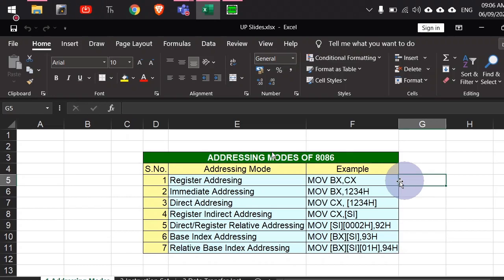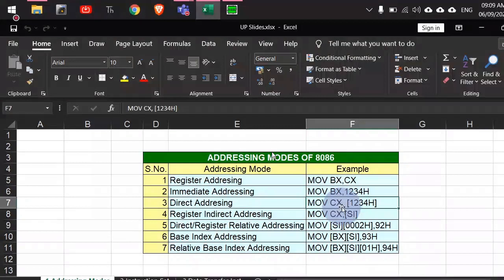So this 1234 has to be an offset address. It cannot be an absolute 20-bit address. It has to be an offset address. Assuming that we are dealing with the data segment only, inside that data segment we have got 64 kilobytes of locations, and the 1234 offset from the beginning of the data segment, at that particular location in the externally interfaced memory, whatever 2-byte data is kept, it will be moved into this CX